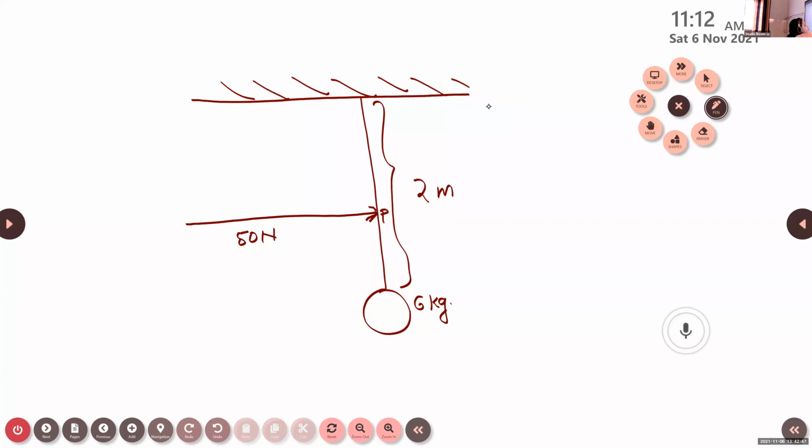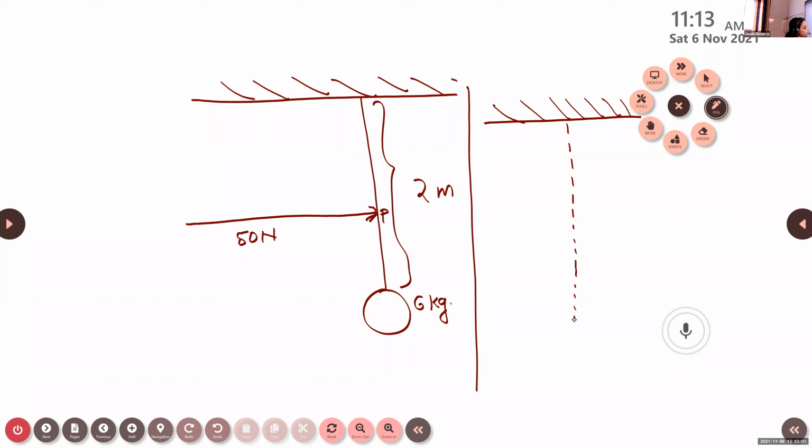This is what we want to find out. So this is the initial condition. Whenever we are applying a horizontal force of 50 Newton, what happens? The initial position of the rope undergoes changes. Here this is the initial position. Here we have a rope with a 6 kilogram mass. When a horizontal force of 50 Newton is exerted onto the rope, it shifted from its original position like this. And it makes an angle of inclination theta.